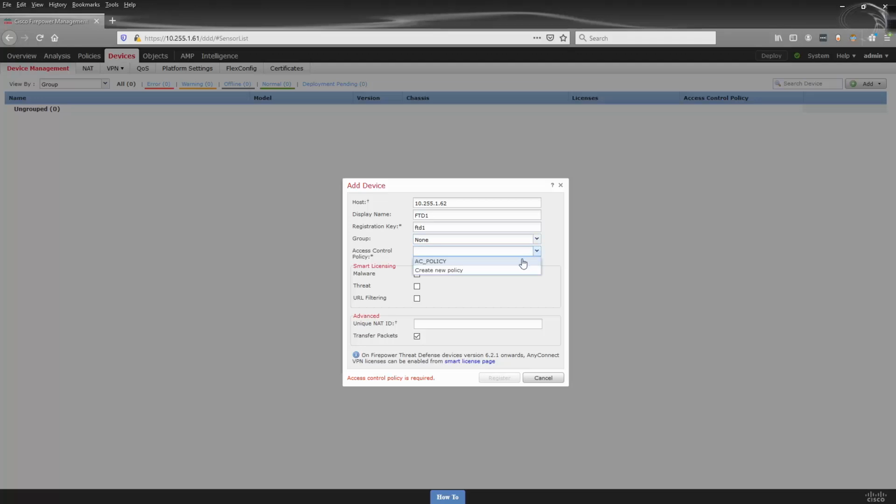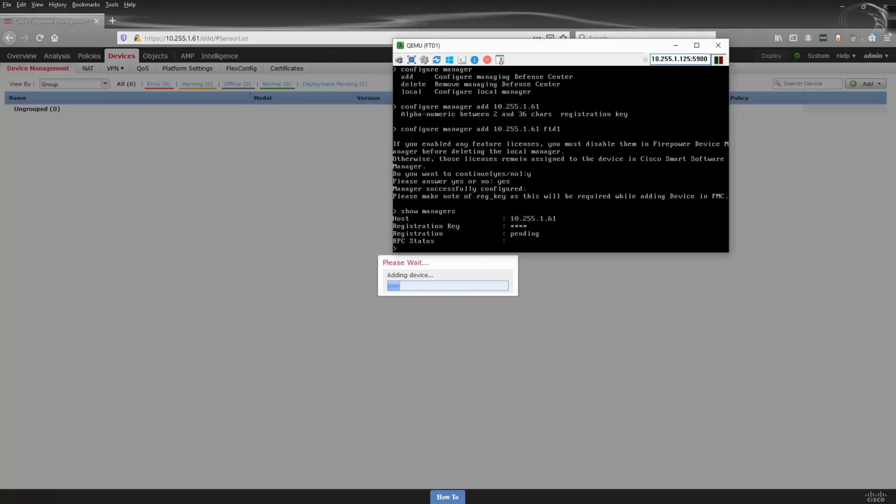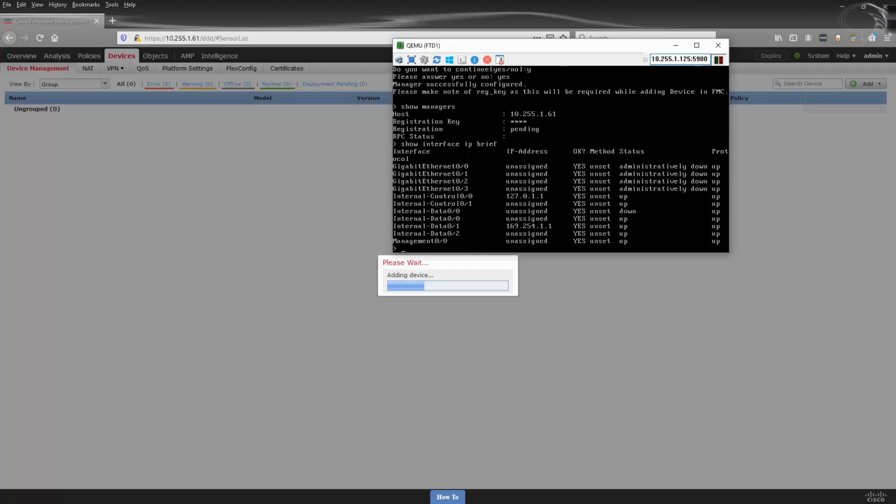The access control policy, I knew that ahead of time, so I created one. And the licensing that we're going to throw at it is going to be malware, threat, and URL filtering. And we're going to go ahead and click on register. So if we go back over to our console here for the FTD, we can see that if we do a show interfaces IP brief, we're going to see that no IP address is listed, right? It's a little disconcerting. So if we do a show run,